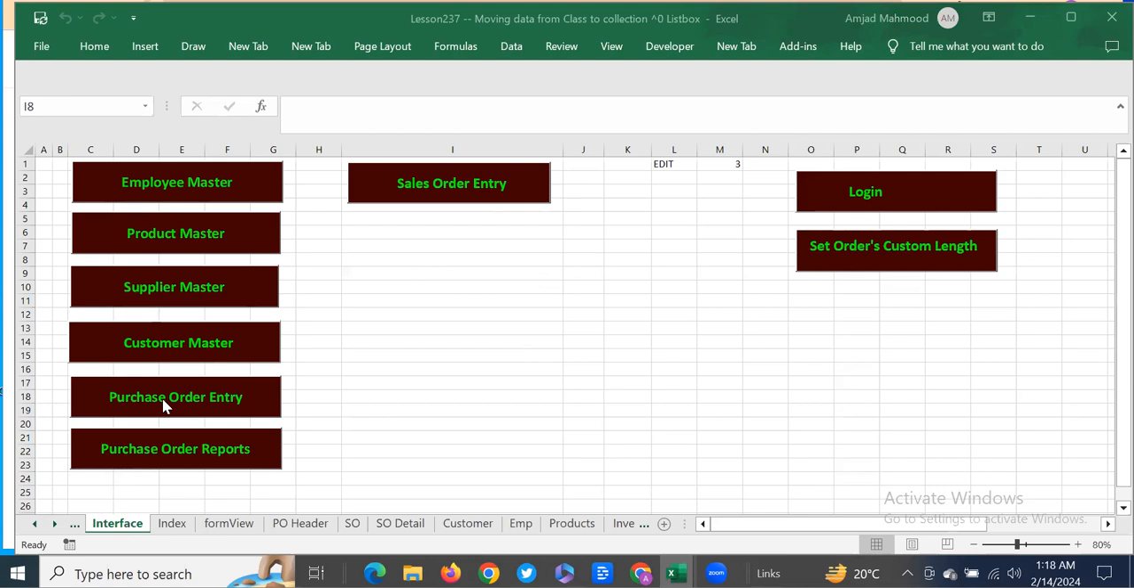We are now back again to the purchase order entry refinement with the touch of class programming. Now we are converting our ordinary programming to the high level, that is the professional programming, using classes and collections and so on. In our previous session, we showed you how you can create a class and use the class,